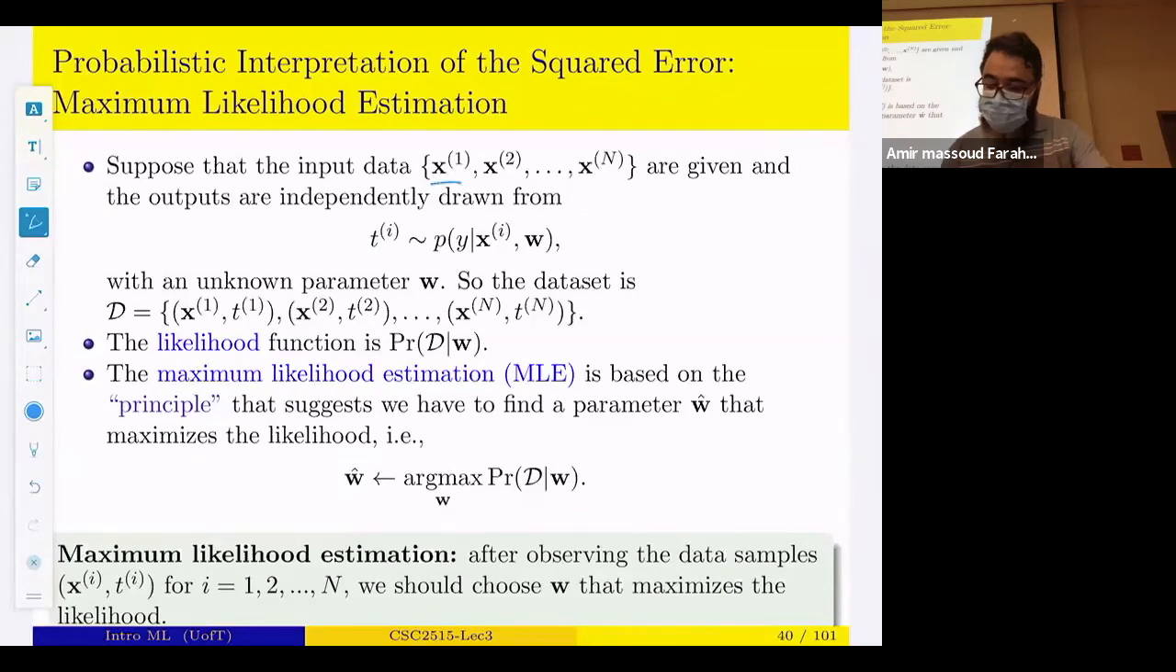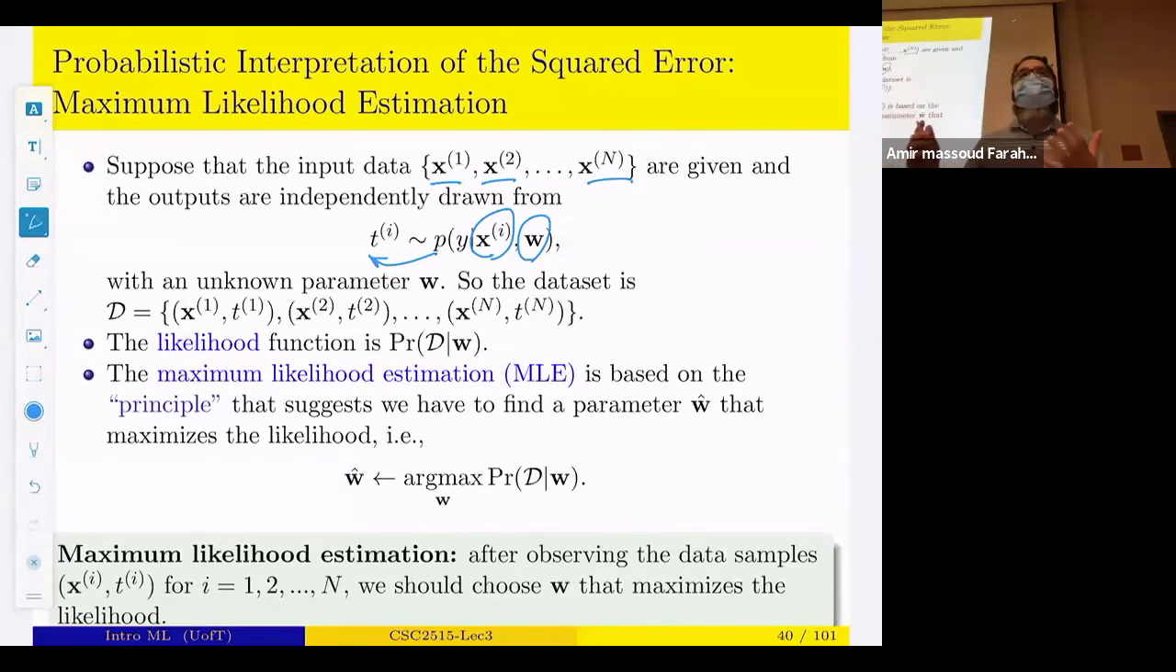Suppose the input data X1, X2 to Xn are given, and the outputs are independently drawn from some distribution. So the distribution is a function of Xi and some weights, and then based on that, we get some sample Ti. So these targets are generated from this probabilistic model. I haven't specified what this P is on this slide, but we will see on the next slide that